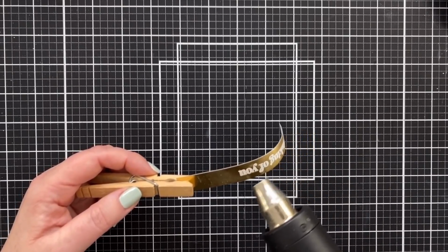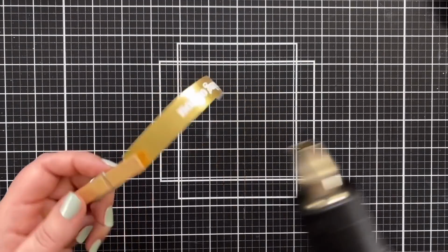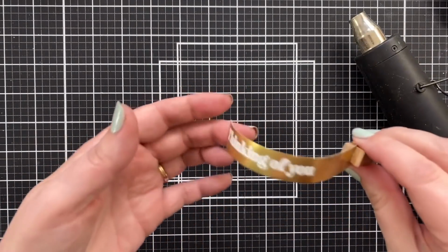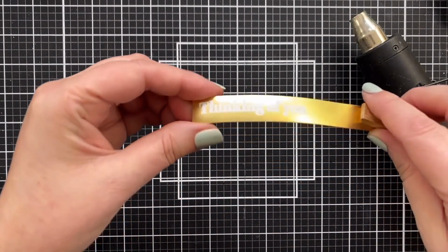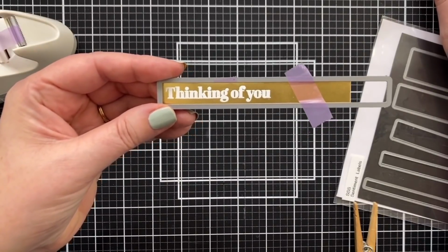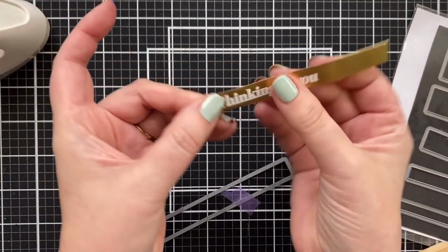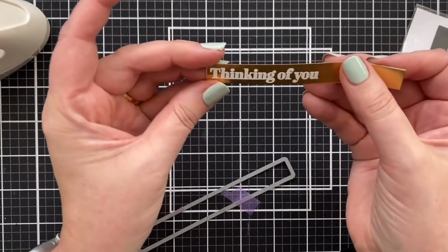Woo, it's really curls. Look at that. I don't know, I wasn't expecting that. Look at the curl, maybe because it has metallic in it. I framed this out using one of my label dies, and I think I can salvage it, so let me cut this out. I don't know if it was in the right position. I think...